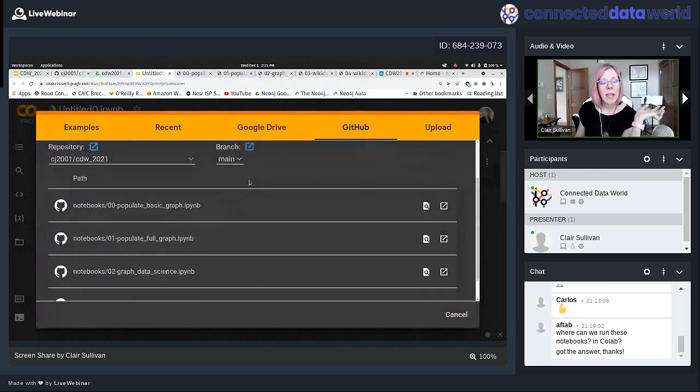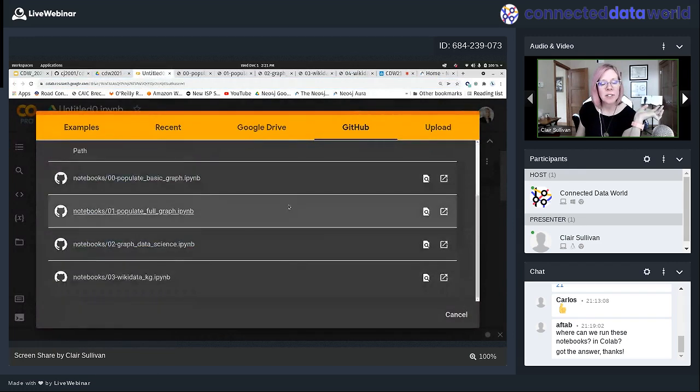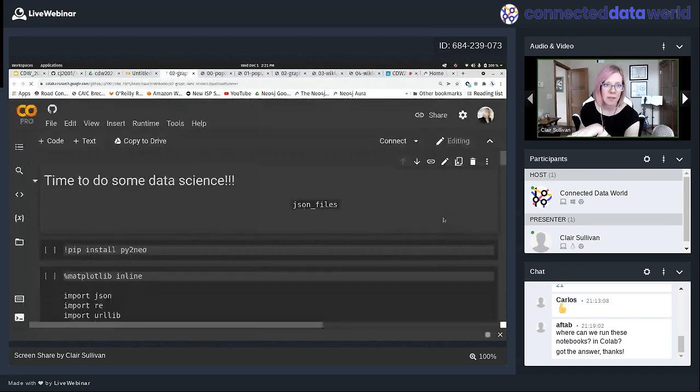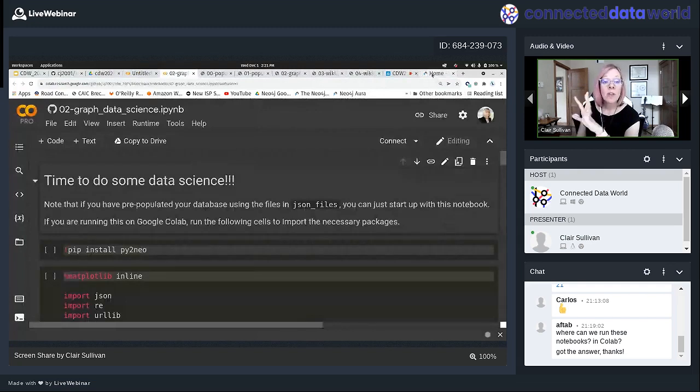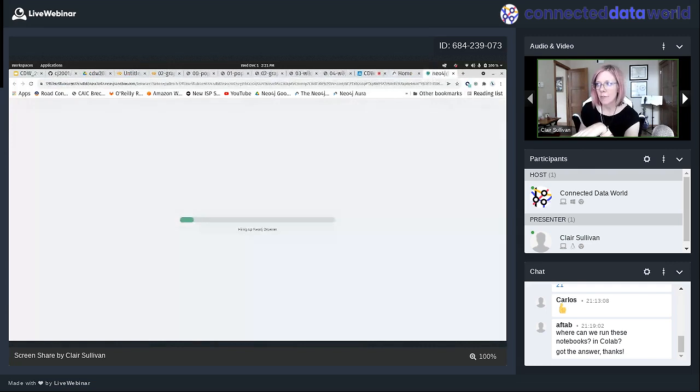Cool. And so what we see here, I have a whole bunch of different notebooks here. I'm going to open number 2 though. Okay, and I'm going to click this little open notebook in new tab thing just so I don't have to type that repo address out every time. Okay. And now that that's going, now let's see if we can open our sandbox and start creating a graph. Okay, so I see I have my green scroller bar, so I know that the instance is up and running, which is good.